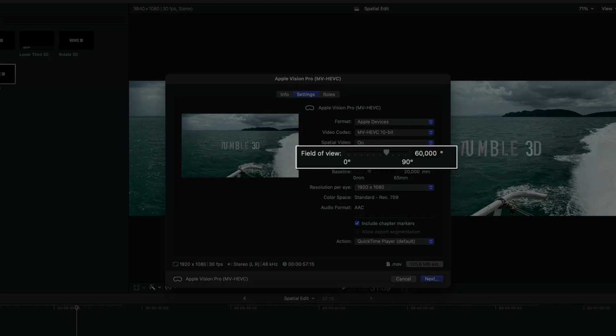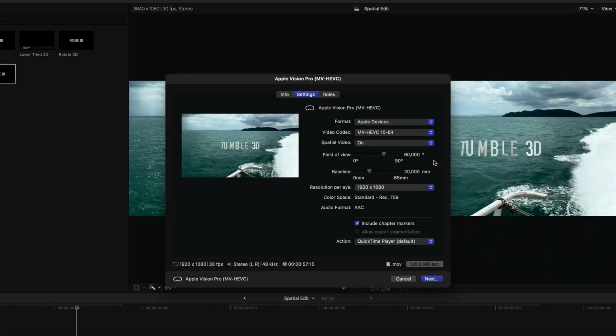The field of view slider indicates the horizontal field of view of the lenses that were used to capture the images. I can either drag the slider or enter a value. This field of view value is used by Apple Vision Pro to project spatial video at real-world scale in the immersive viewing mode. And this is the point where you should realize that mixing footage from different cameras, for example, from an Apple Vision Pro and an iPhone, is not a good idea. Because as we'll see, the field of view is very different between the two, and cutting between the two types of footage can result in a jarring viewing experience.